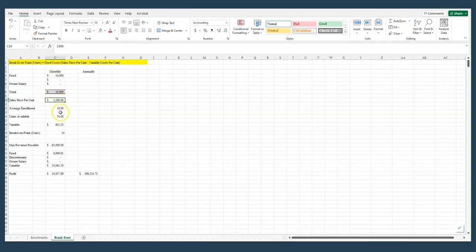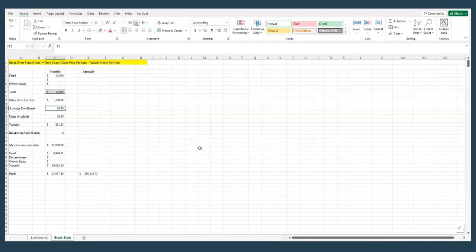I know we've got different price points all over the place, but when we're looking at it very high level like this, we kind of have to look at the average. If we were breaking this down by age group, that would be great if we could get that into a little bit more detail, but that would also mean segregating out the fixed costs by age group as well. And then we would want to have our average enrollment here,